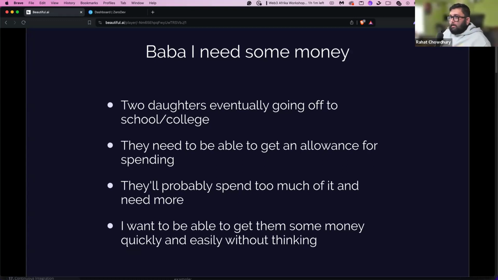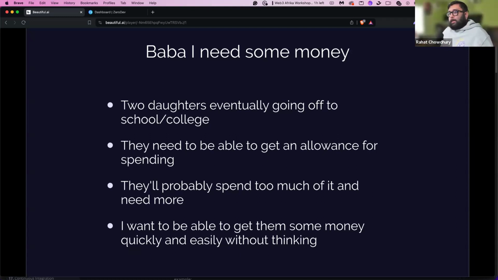Now, if we were to do this in the Web 2 sense, there are different apps that already exist, stuff like PayPal, and in the US we have Cash App and Venmo. So these are apps that can send funds to another person. But what if I wanted to send them stablecoins? Maybe we're in a future where stablecoins are more widely accepted in places. And so